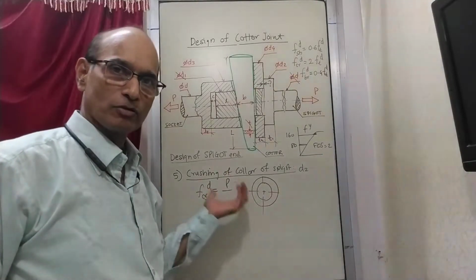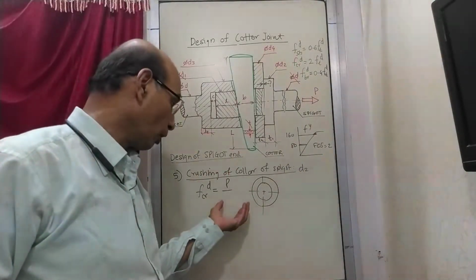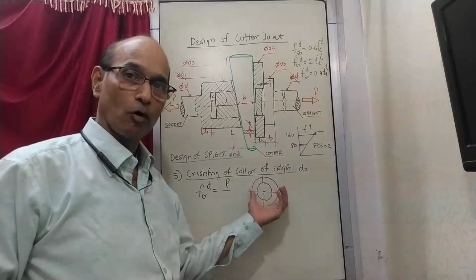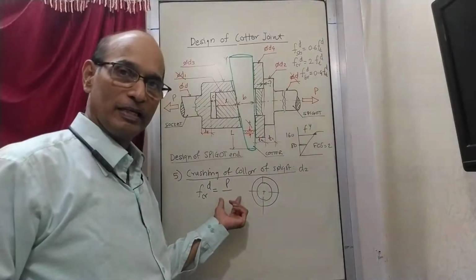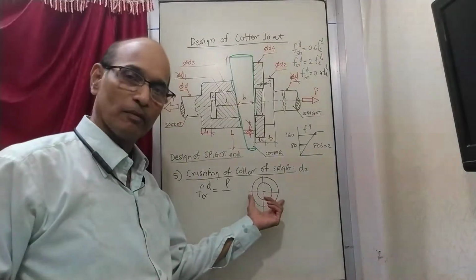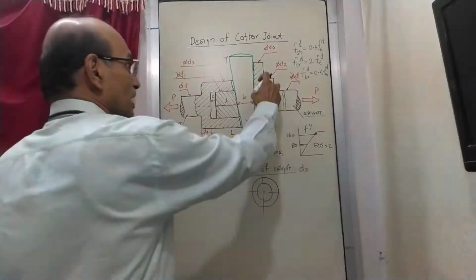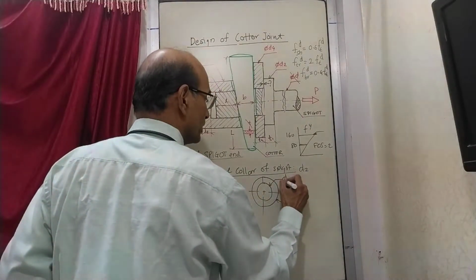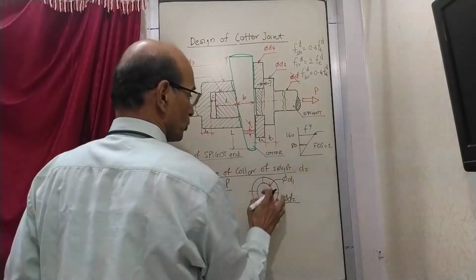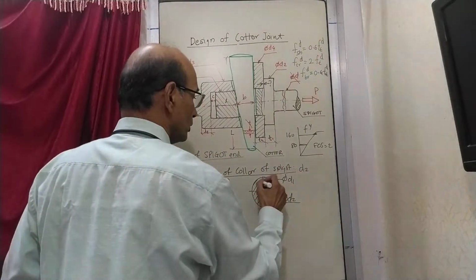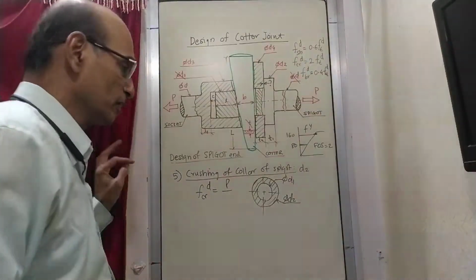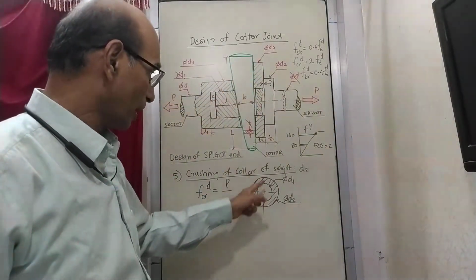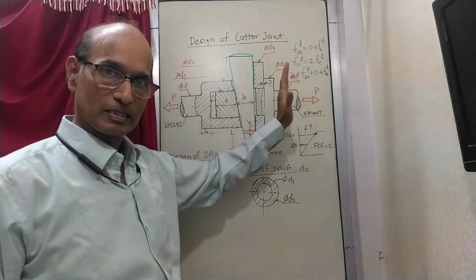Design equation consists of stress equal to load upon area, and what area you are talking about, which is resisting. That resisting area you have to always draw in the form of a sketch, so that the equation of the area, whatever you write here, is applicable to this shaded area. So what is the area here? Outside size is d2 and the inside diameter is d1. So d1 and d2, and between the two there is a circular area like this. This area is here, all around the circle, and this is resisting this crushing stress.